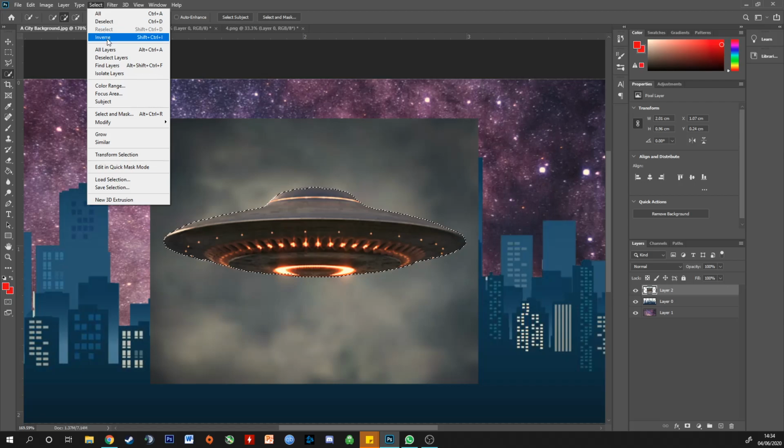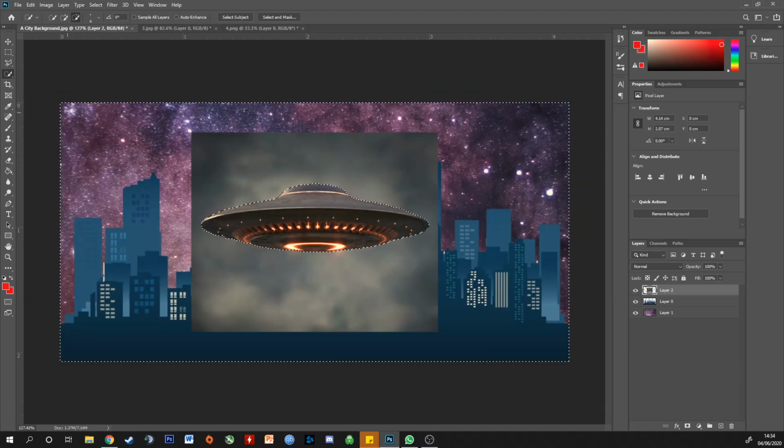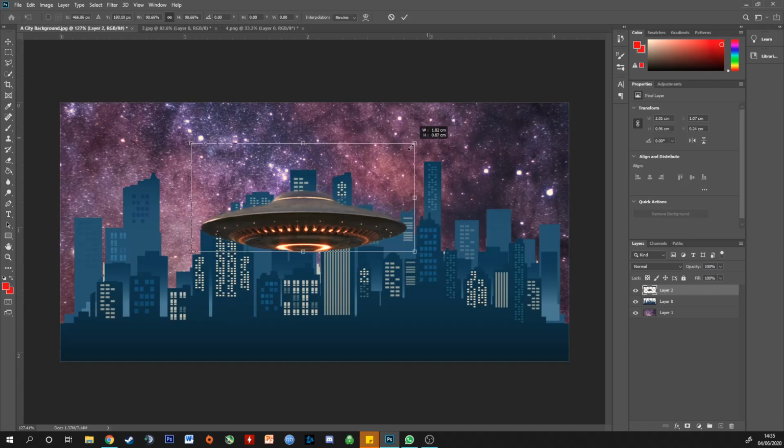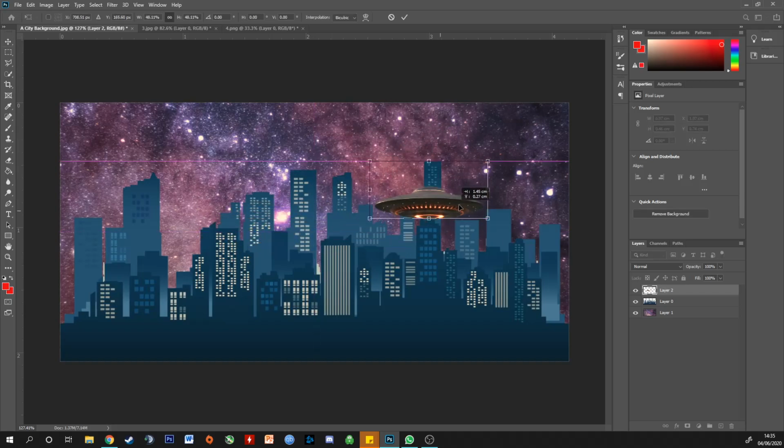So if I click that now, my marching ants are going to be around the edge of the page and to the edge of the starship. So that means I can press delete and I delete everything apart from the starship. So the inverse button selects the opposite of what you've got selected at any given time. Press Ctrl D to deselect, and now I can make my spaceship a little bit smaller, and I can stick him in front of